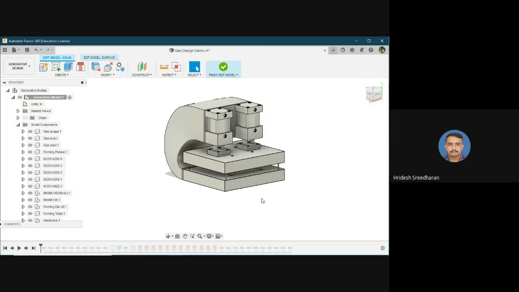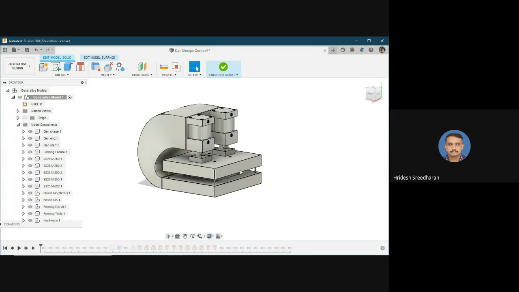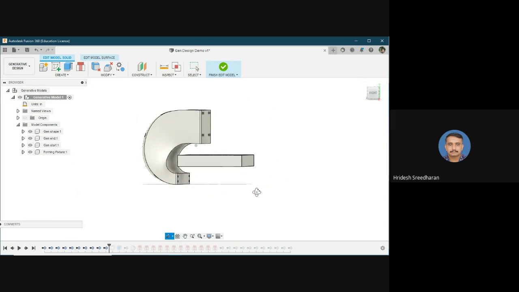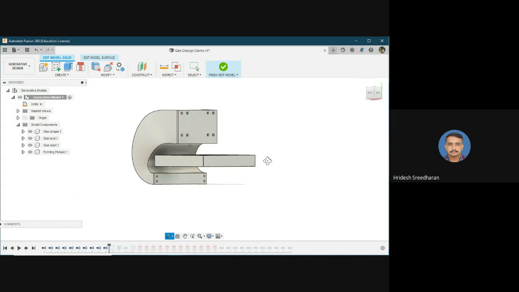Now you see your complete model is here, right? With all the hardware and all. So what we will do is remove things one by one. In the first step, I am going to remove the forming table. So it's gone. Similarly, in each step, we have carefully removed all the unwanted things from this design. And we will keep only the upper part of the table. This is required because we need a preserved geometry. We need to tell the system to start with the preserved geometry, so the system should not alter this particular face. And this particular face is also a preserved geometry region.